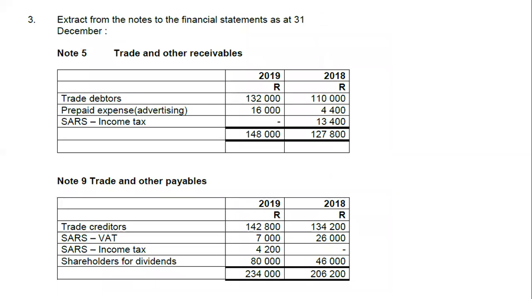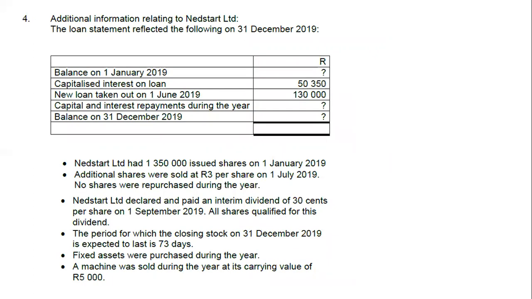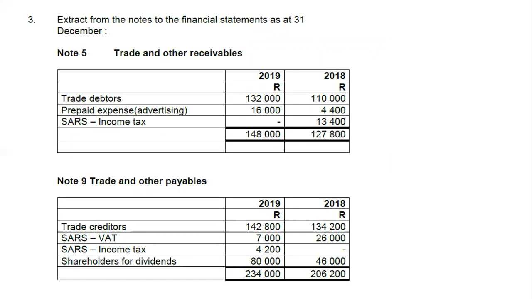I was simply extract from the notes today. Financial statement as at the 31st of December. We are given trade and other receivables as well as trade and other payables. Please note that for trade and other payables, we are simply given 234,000 as well as 206,200, and trade and other receivables, it's 148,000 as well as 127,800. You just need to remember that we need to exclude sales income tax as well as shareholders for dividends